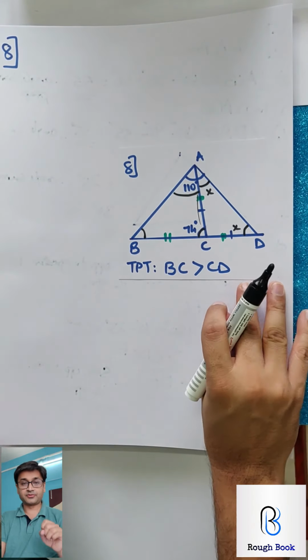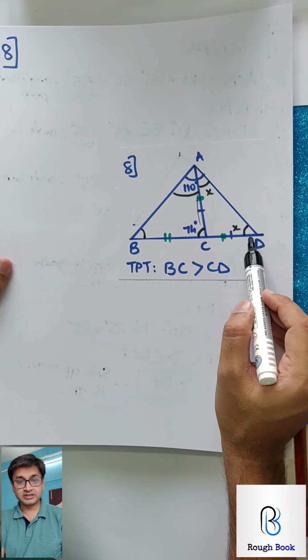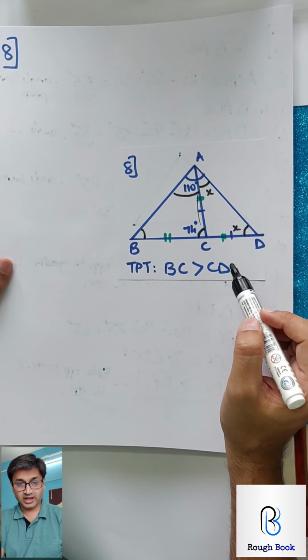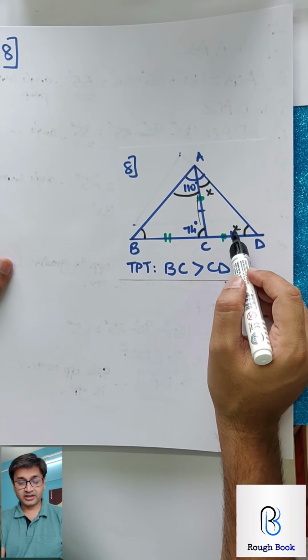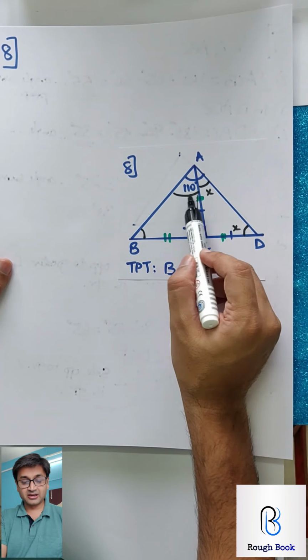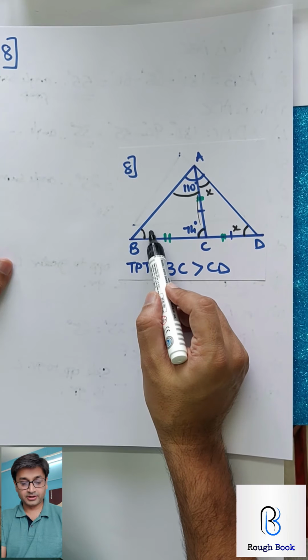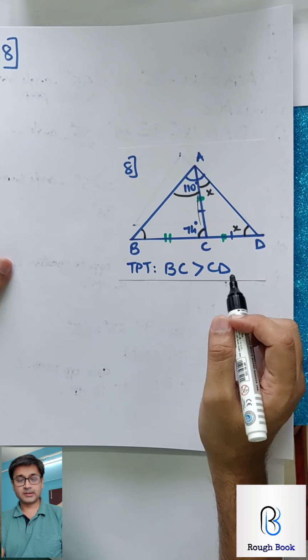So how will my steps be? Step 1, in triangle ACD, AC equals CD. Step 2, therefore CAD equals CDA equals X. Step 3, solve and get the value of X. Step 5, get the value of this by subtracting. Step 6, apply angle sum property. Step 7, compare, and step 8, you should be here. 8 or 9 steps more or less.